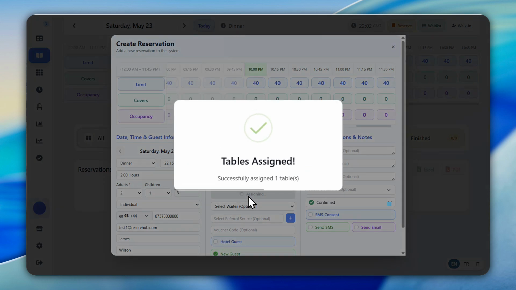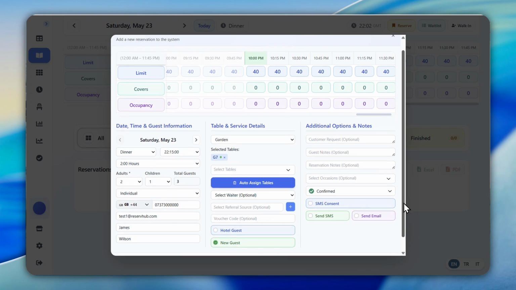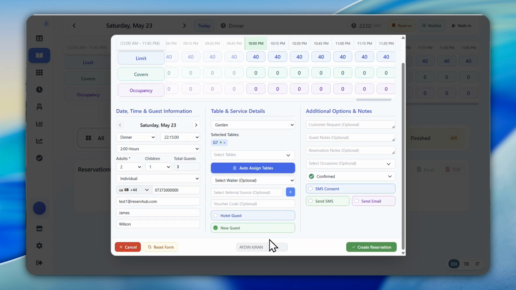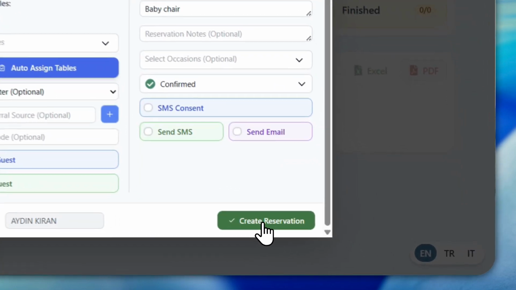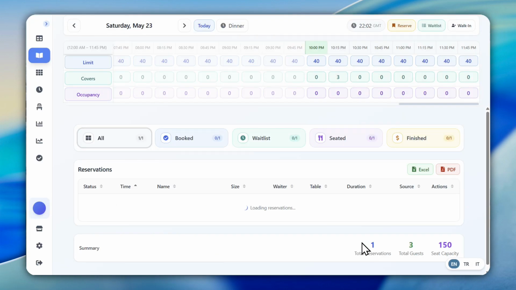Then enter the guest information. Add the guest's name, phone number, email address, and any useful customer details. If the guest has visited before, ReservHub can recognize the phone number and help bring back the existing customer details automatically. You can also add reservation notes, internal notes, or special requests, such as allergies, birthdays, accessibility needs, high chairs,